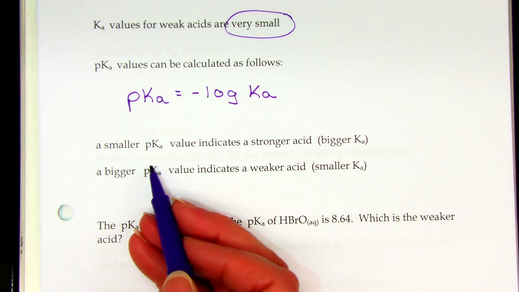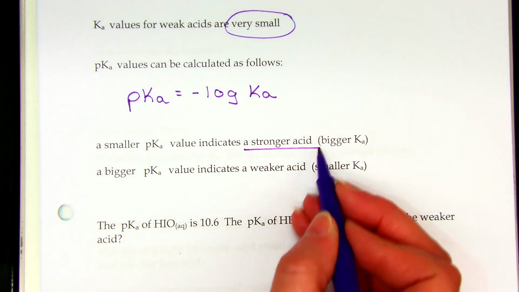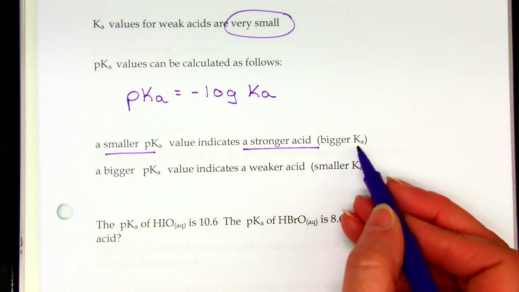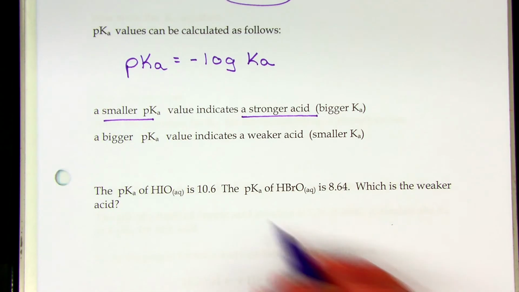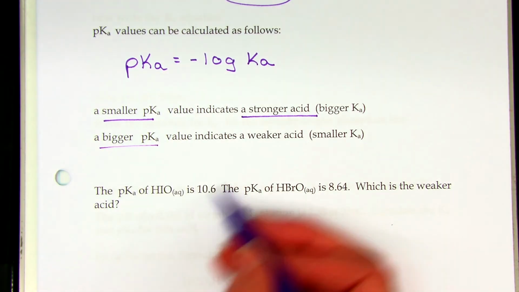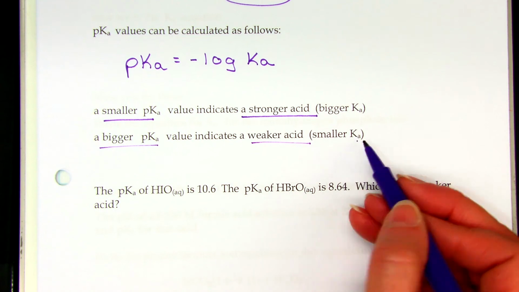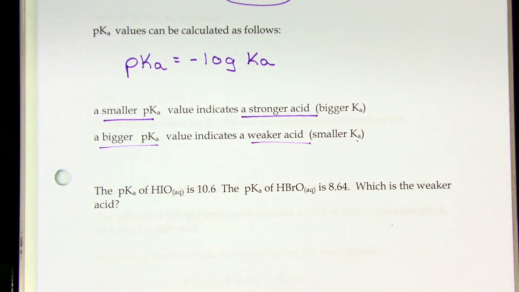When we have a smaller pKa, we have a stronger acid, because the Ka is bigger, because it's the negative log. They're inversely proportional. When we have a bigger pKa, it's a weaker acid because we have a smaller Ka. So this is the kind of question you might be asked to sort out on multiple choice on the next